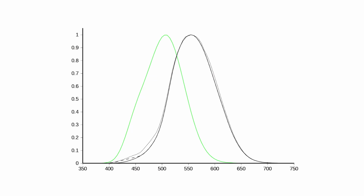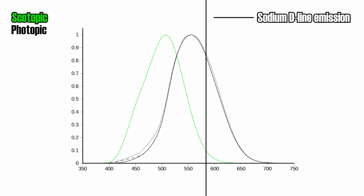Well, it's been about 10 years since that study, and LEDs are economically viable. In fact, they've become incredibly economically viable. But before we move on to them, let's go over the main issue once more. Because of the spectral misalignment of the sodium vapor lamp with our scotopic and mesopic light sensitivity, it takes more light output from a sodium lamp to produce the same visible light level from a bluer